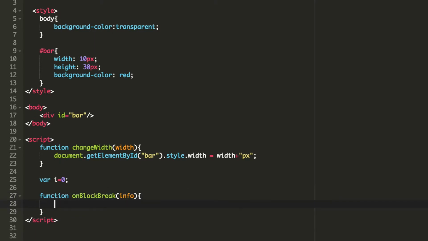Now, info parameters are special to Minecraft, and basically it's just a bunch of information about the block that you broke. Now, we don't really care what kind of block you broke. In this case, all we care about is that you actually broke a block. And the onBlockBreak function is a very specific function that Minecraft calls whenever you break a block. So, when you break a block, we're going to increment I by 1, and we're going to call changeWidth with